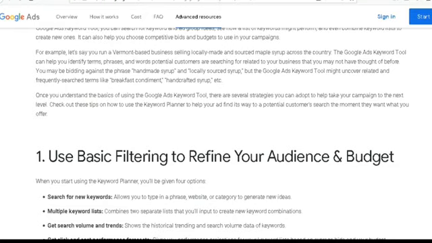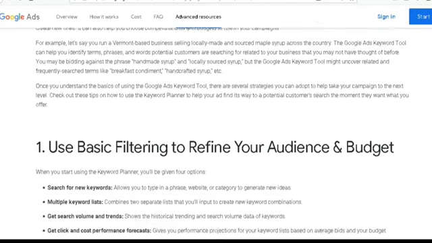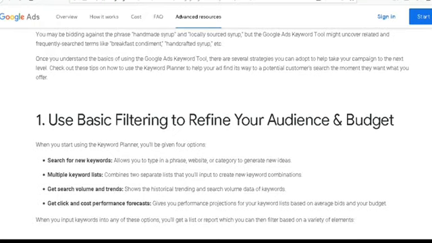You may be bidding on the phrases handmade syrup and locally sourced syrup, but the Google AdWords tool might uncover related and frequently searched terms like breakfast condiment, handcrafted syrup, etc.